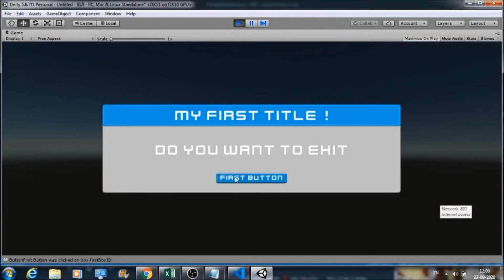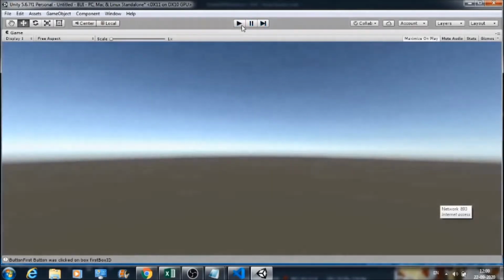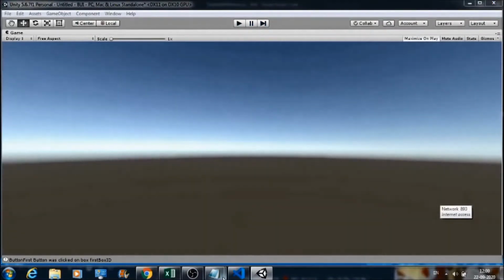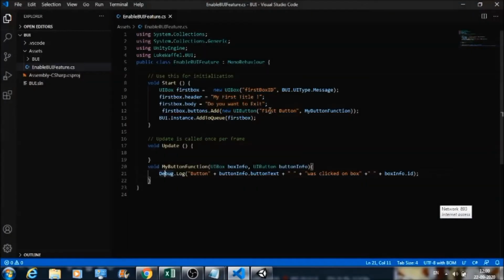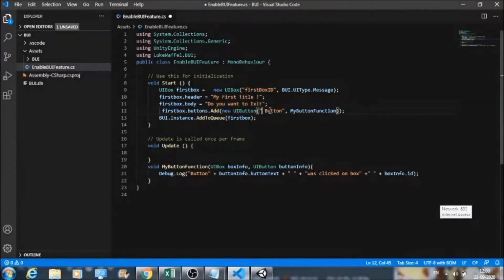After saving the changes, you need to hit this play button, and you can see here we have got this button, and the text that is getting reflected over here is first button. If you want to change this text, instead of first button you can write, suppose, click me.